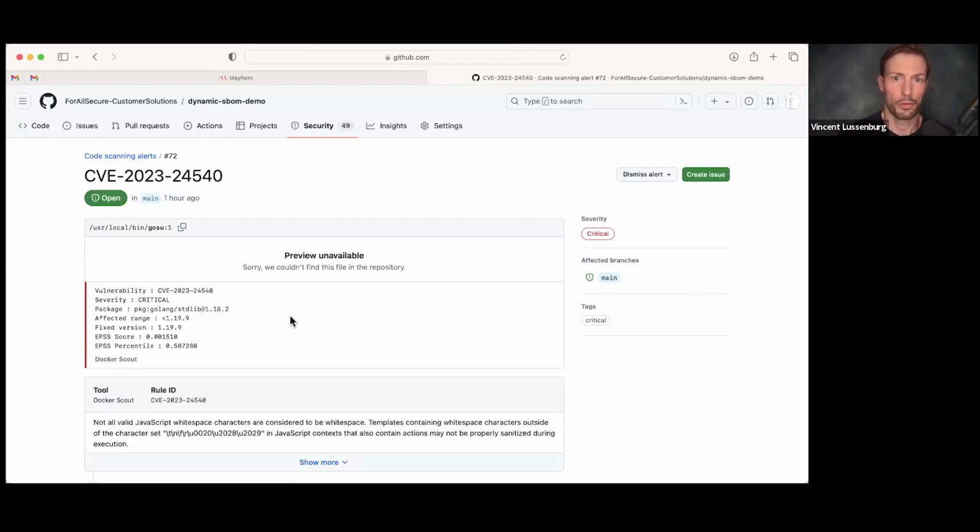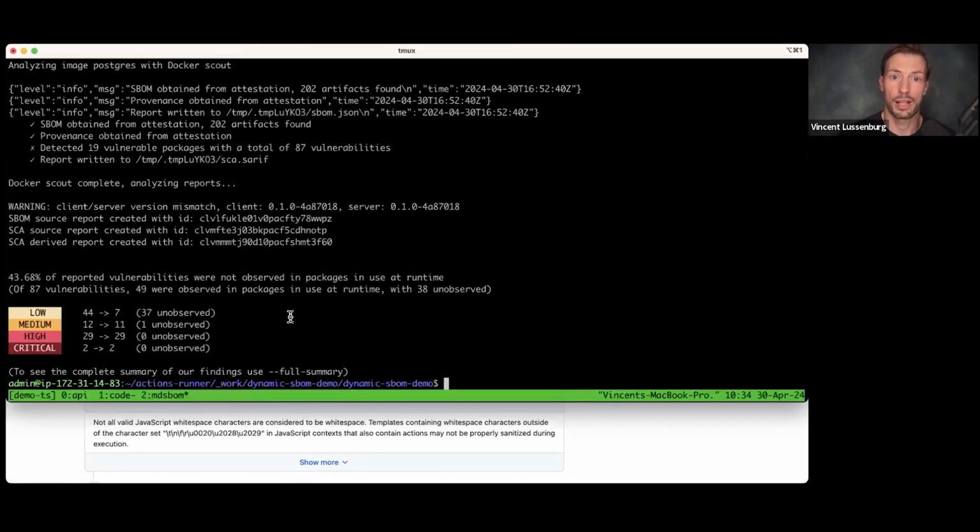But of course, there's different ways to visualize it as well. I promised a terminal. So anything that we're doing in the CI/CD pipeline, we can, of course, also do on a terminal. In this situation, I'm showing you actually a runner, the GitHub runner that runs that pipeline. On that runner, we have that profile that is being built up every time that I run that application,